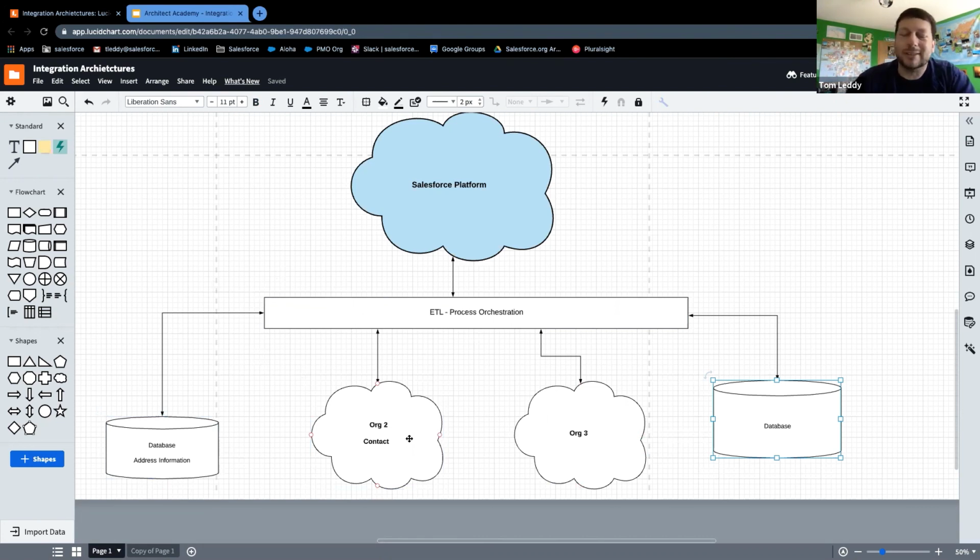MuleSoft's obviously a good example because it's a Salesforce tool, but almost any ETL tool can do this: the idea of setting up a publish subscribe model. We can use platform events in Salesforce to do that. So rather than just building batch integrations that say, once a night I'm going to copy every changed record from this database over to these other databases, and it's going to run for an hour, and by the morning everything should hopefully be updated if the integration didn't fail,